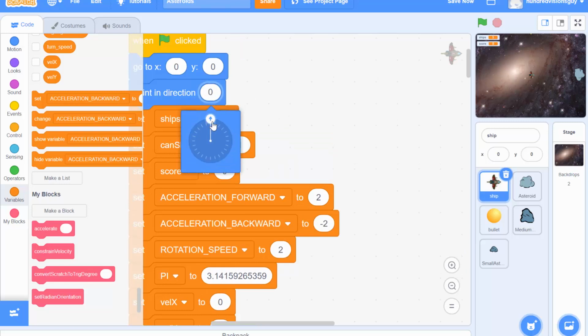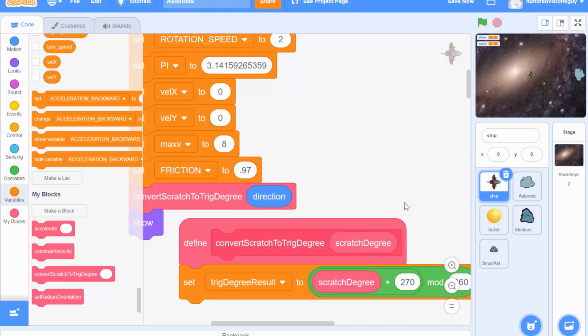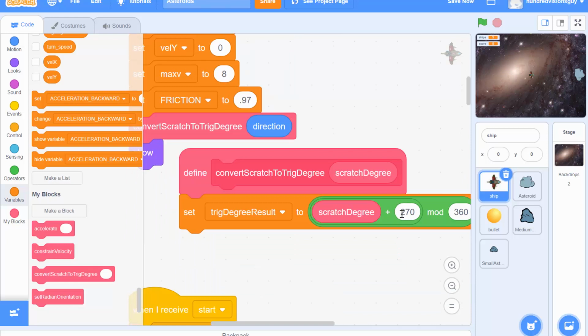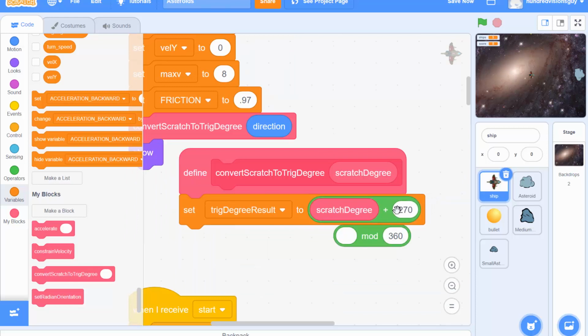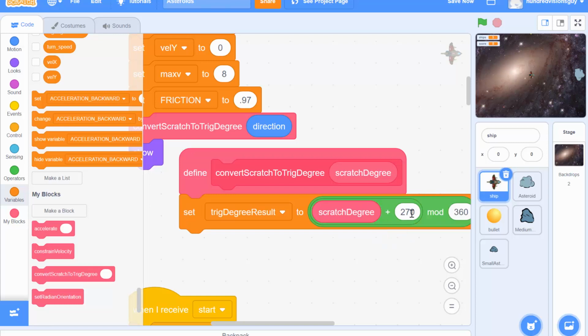remember, if we go to the right, we're going up a number. If we're going to the left, we're going down. I want to end up with a positive number, so it's better to add. If I add 270 to 90, oh gosh, let me just do a Control Z. If I add 270 to 90, then we are going to get 360 degrees. So what I do is I do this math